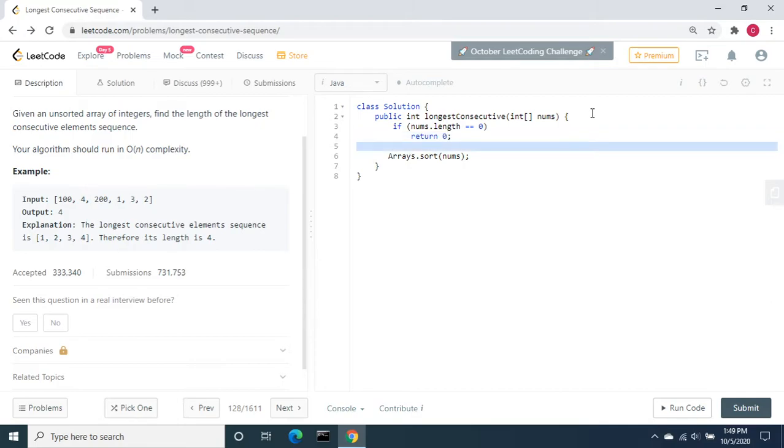Then sort the array. After sorting this example, it will be 1, 2, 3, 4, 100 and 200.